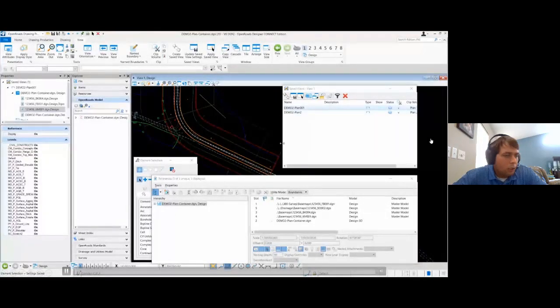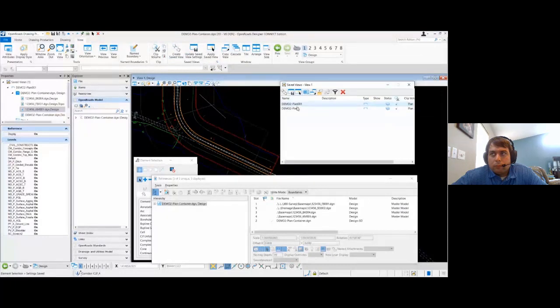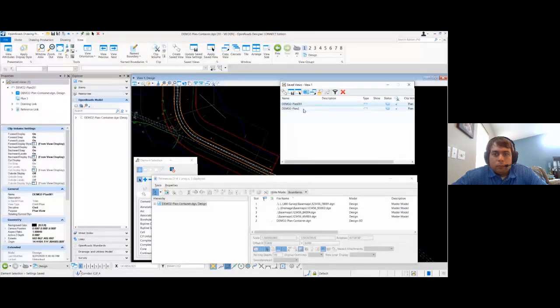Okay, so going over some other ways to control level display. One of those is saved views. If you didn't know, anytime you use the name boundaries to cut your sheets, the drawing model is actually using a saved view, or it's created from a saved view. So what that means is I can actually just come into my container file, because that's where the saved views are, open up my saved views, and I should see one for basically any drawing boundary that I have.